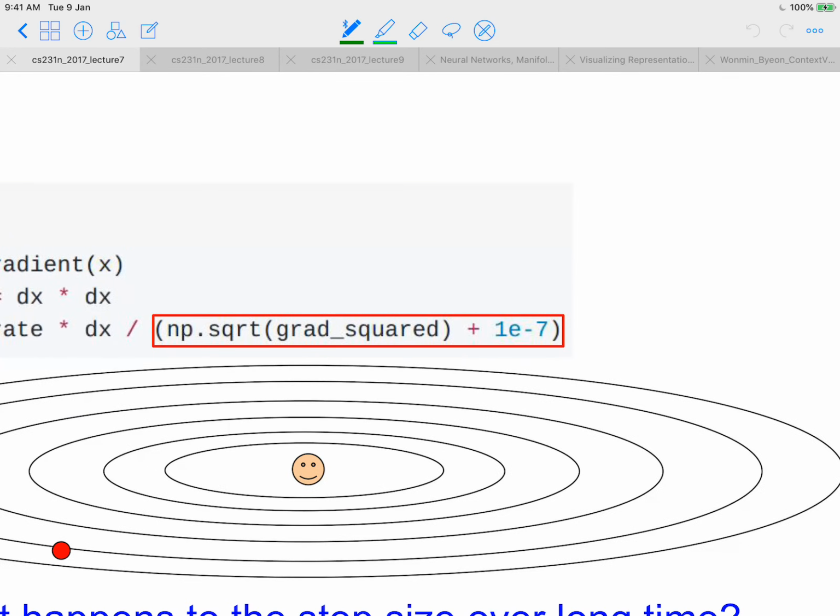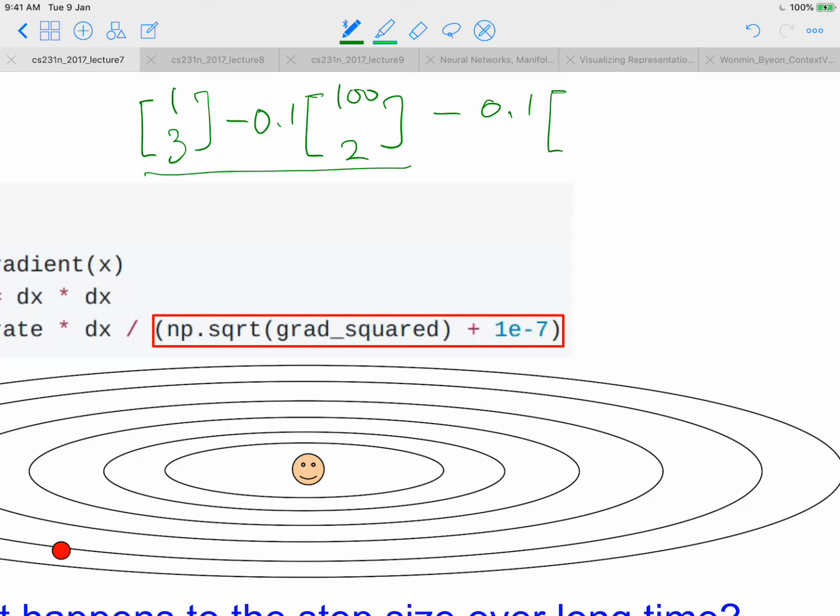Starting from maybe 1 and 3 as two of our parameters, the first gradient might be 100 and maybe 2, and then we do the updating like this, and given the new point, we evaluate our gradient once again,